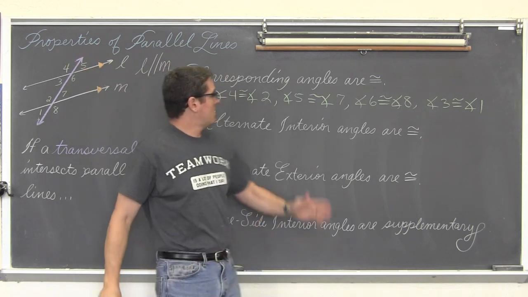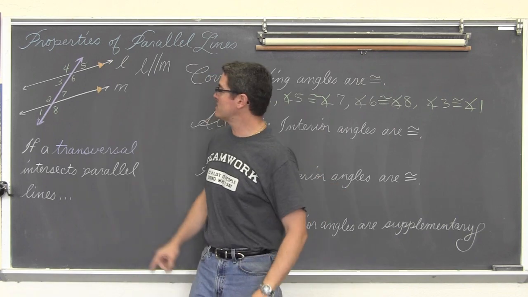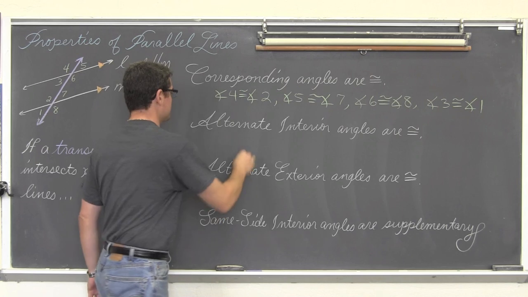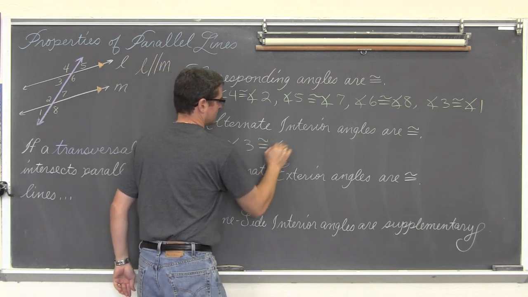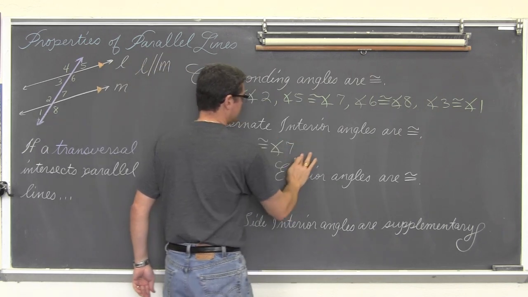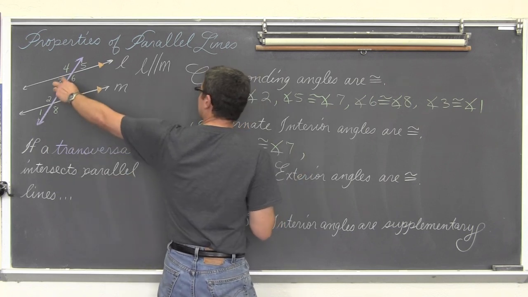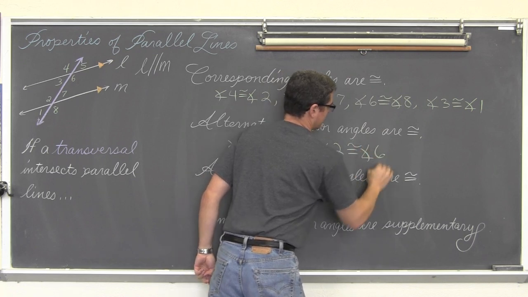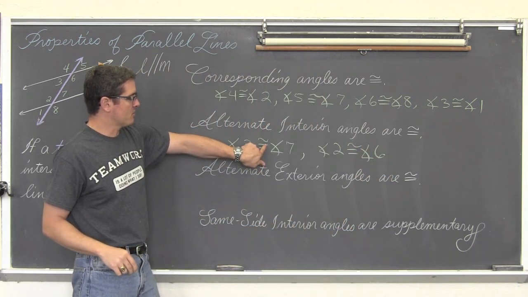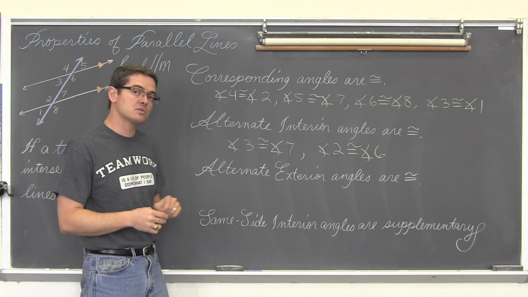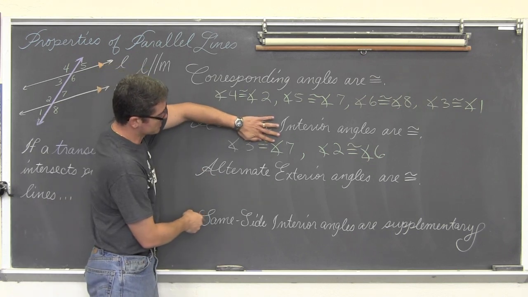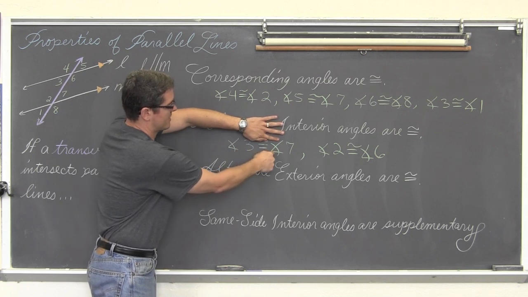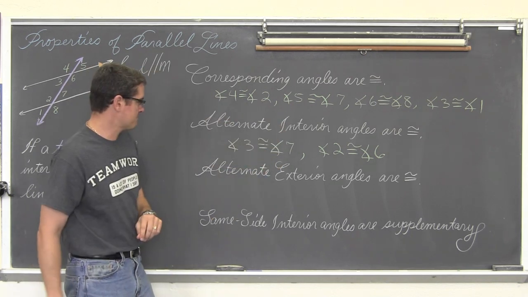So my alternate interior angles, which are congruent, are going to be the pairs of 3 and 7 and 2 and 6. So angles 3 and 7 are congruent, and now put a comma there. And what did I just say? 3 and 7, now 2 and 6. Okay. Now again, we have congruent angles, which means that their measures are equal. But if I were talking about measures, there'd be no congruency mark there. It would be the measure of angle 3 is equal to the measure of angle 7. And that's what congruency means.